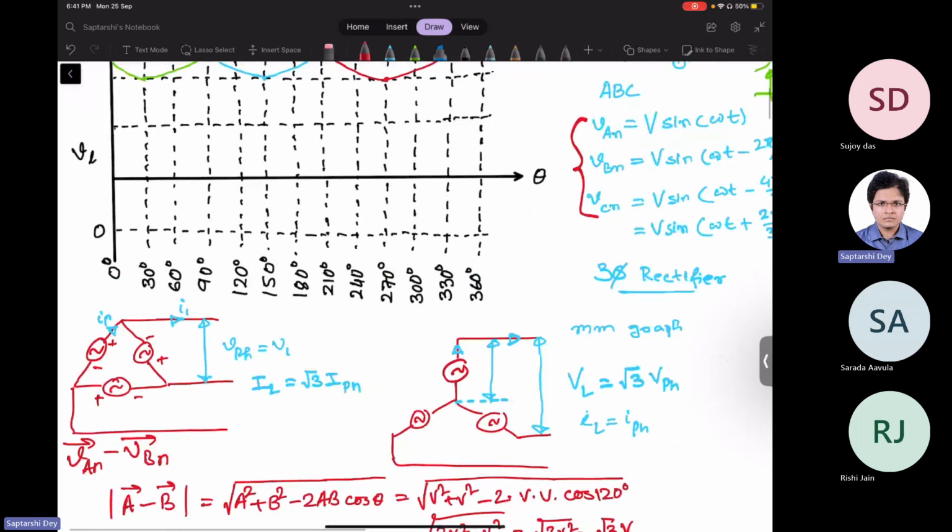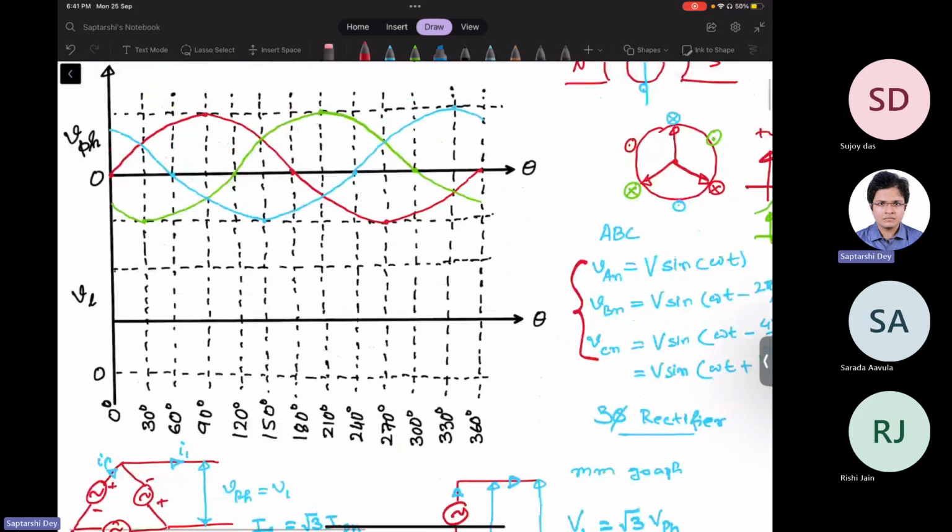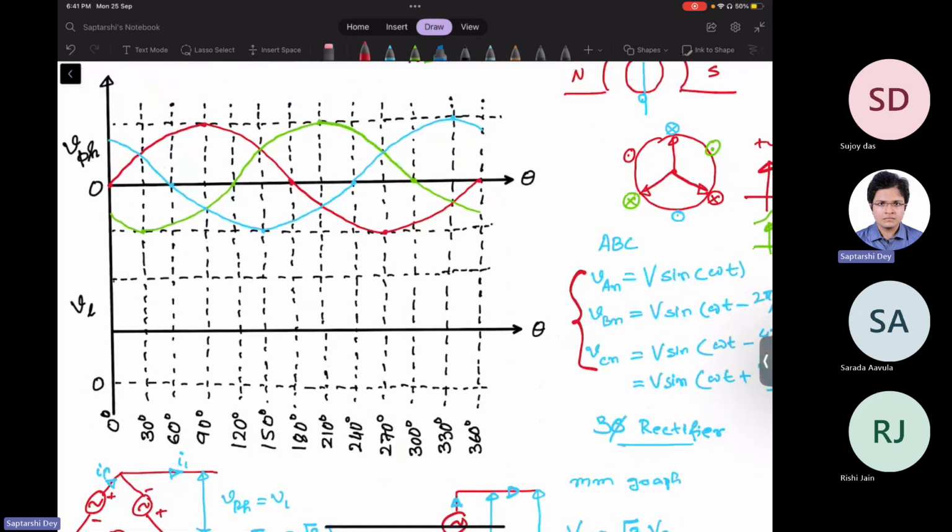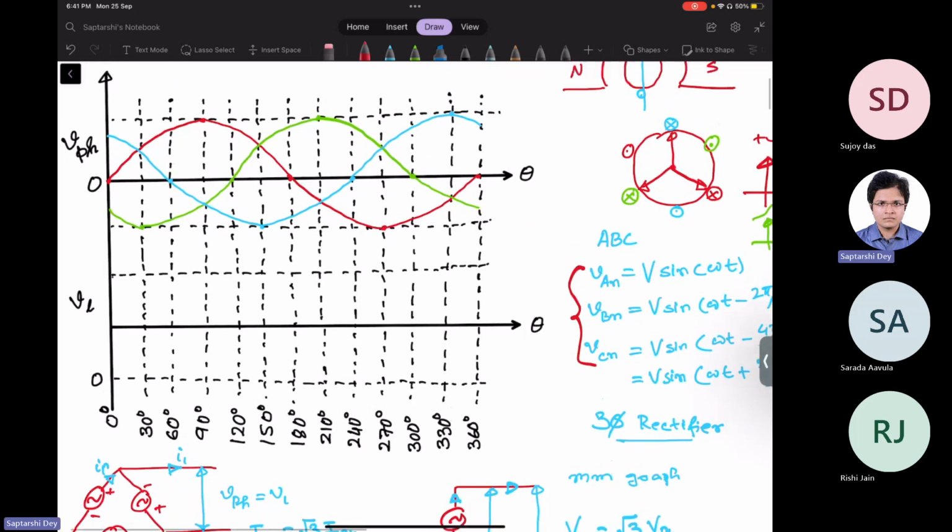Now, why I did all this is that once you have the phase voltage, you have drawn the phase voltage, you should also be able to draw the line voltage. Okay, because in rectifiers you will see both the voltages will be required in order to understand how the output voltage waveform will look like. Maybe in your third year or so you will study it, or maybe some of you already studied it. So first we'll draw